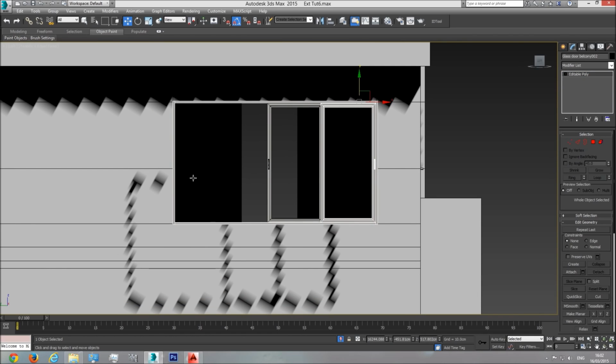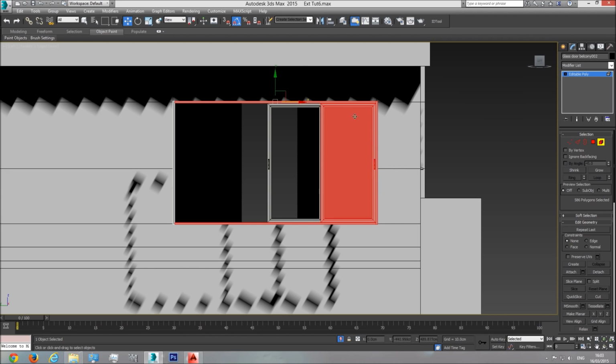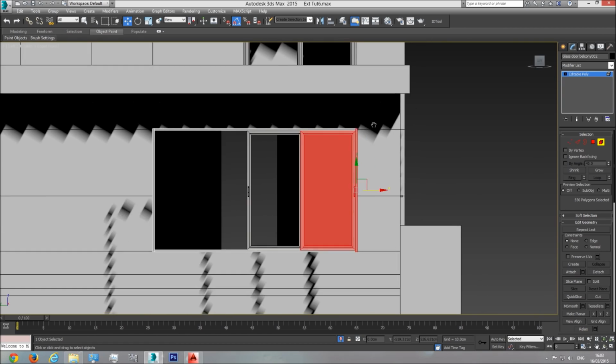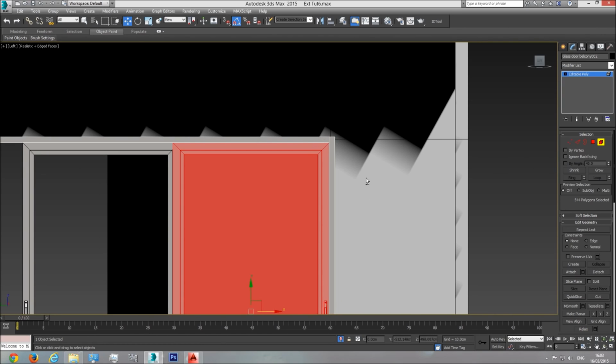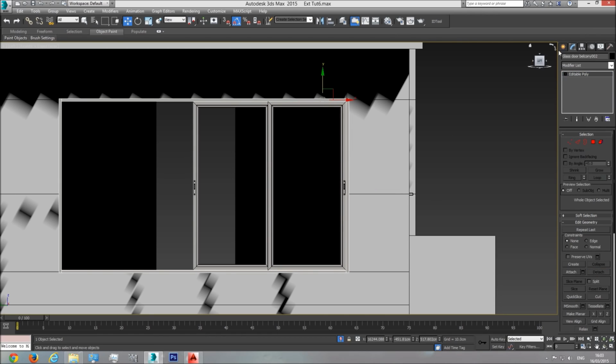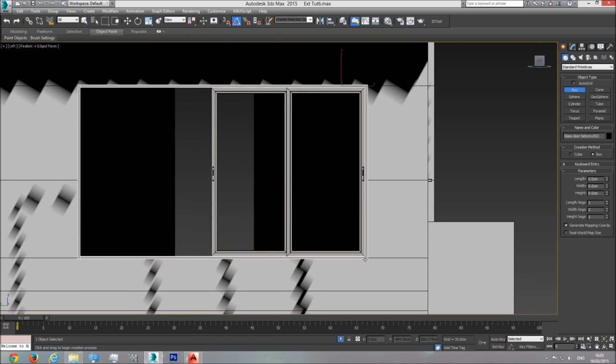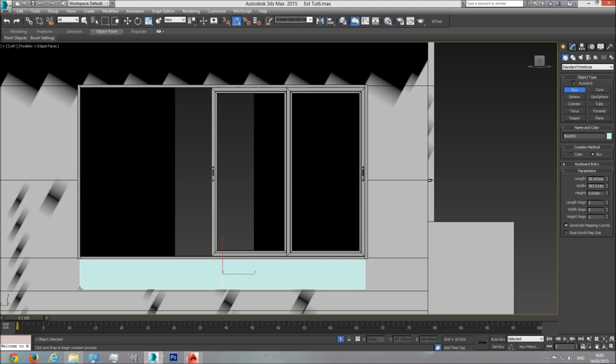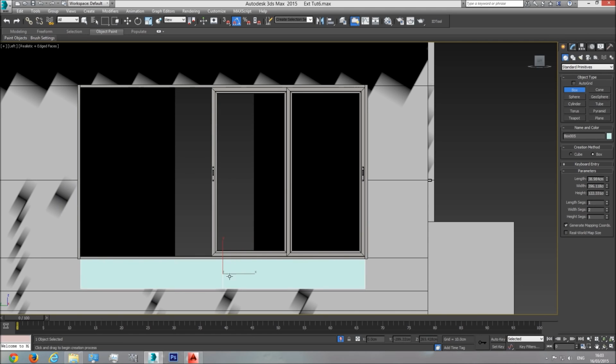Now I need to create 3 exactly same doors in order to populate this opening. So I'm going to select this door on the left. I selected everything essentially, just now Alt deselect this and Alt deselect this element on the side. So only the door is left. Detach. Fine. Now let's create a box to see how much distance we need. So we're going to need 3 doors, so 1, 2, 3. This is the exact same